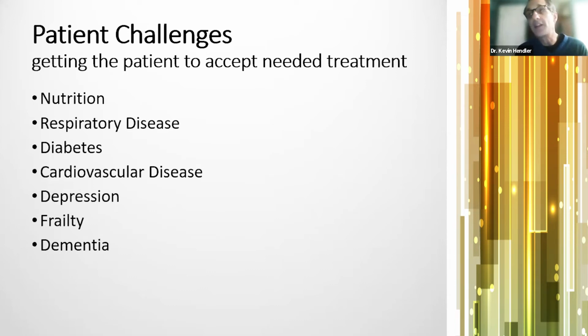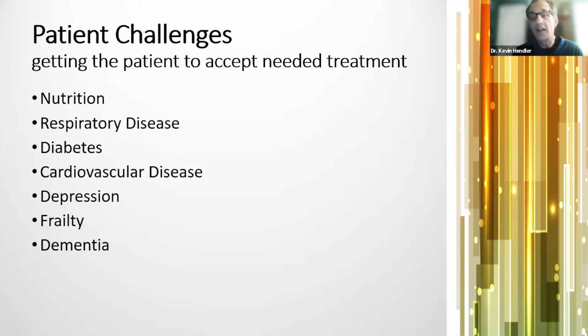Getting the person to accept needed treatment, I will discuss things that maybe impact the person. So one is nutrition. We need to eat. And that's easy to explain to patients. You need to eat. And it matters what you eat. If you have a poor dentition and you're choosing softer foods, they tend to be higher in carbohydrates and lower in protein, so you're impacting your nutritional status. The other thing in long-term care facilities, eating nutrition is a social activity. So if you're embarrassed by your teeth or how long it takes you to eat, you may tend not to go on the outing to the restaurant. You may not go down to the dining hall, and social isolation can lead to depression.